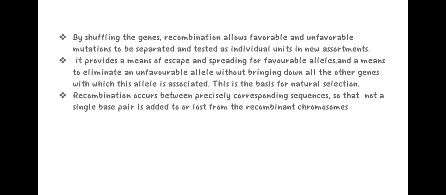It provides a means of escape and spreading for favorable alleles and a means to eliminate an unfavorable allele without bringing down all the other genes with which this allele is associated. This is a basis for natural selection. Recombination occurs between precisely corresponding sequences so that not a single base pair is added to or lost from the